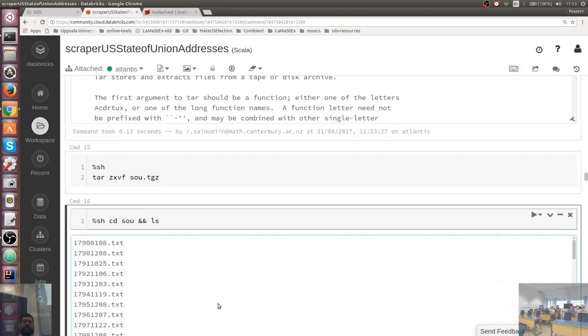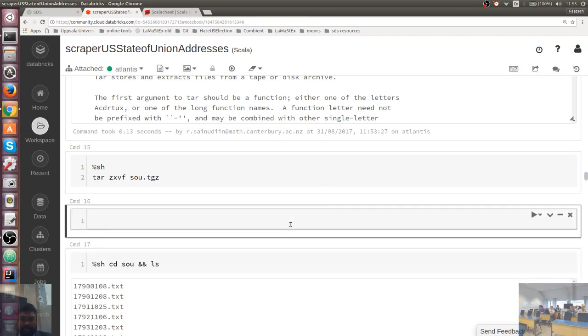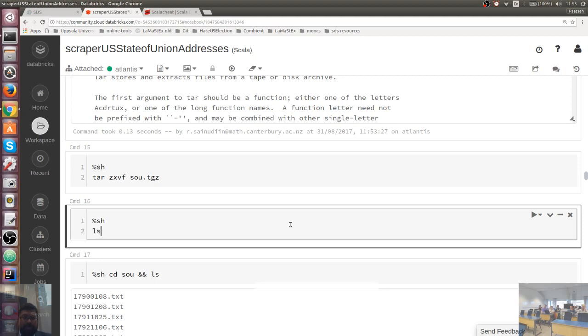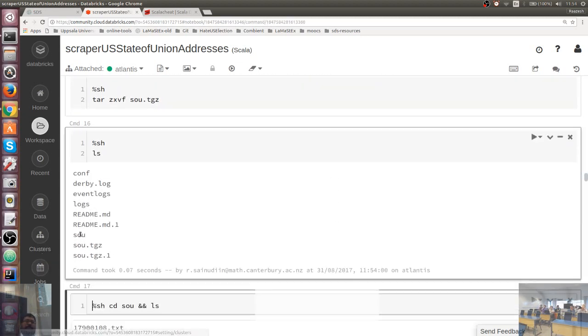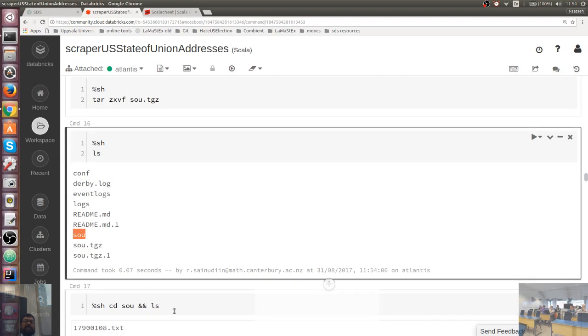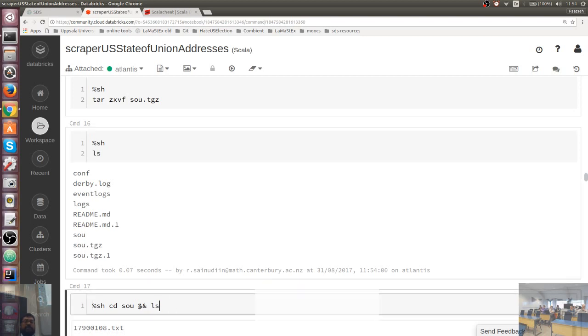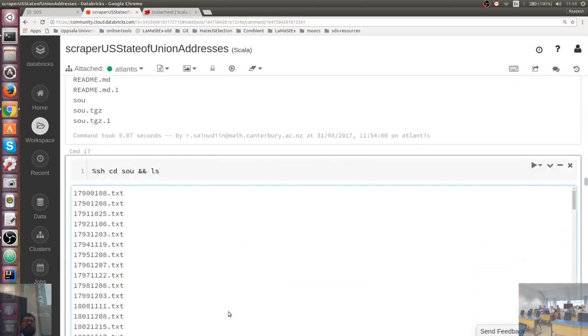So it will now create, I know there's a directory called SOU. It created it for me because I extracted it, right? So there's SOU now. So now I'm just CDing into SOU. This part just CDs into it. So I drop into that directory, change directory, and show me what's in there. So here are all the files from